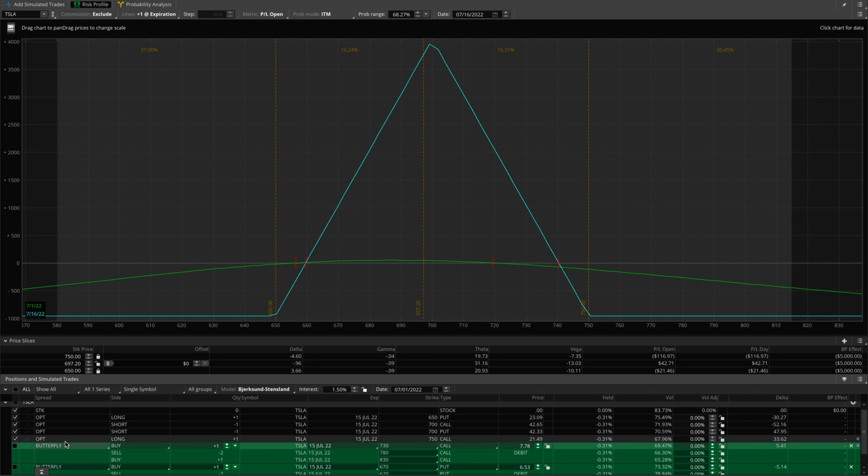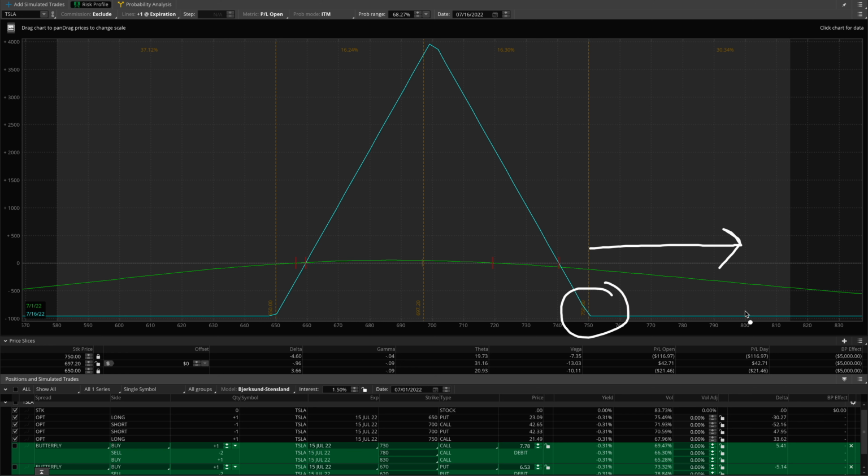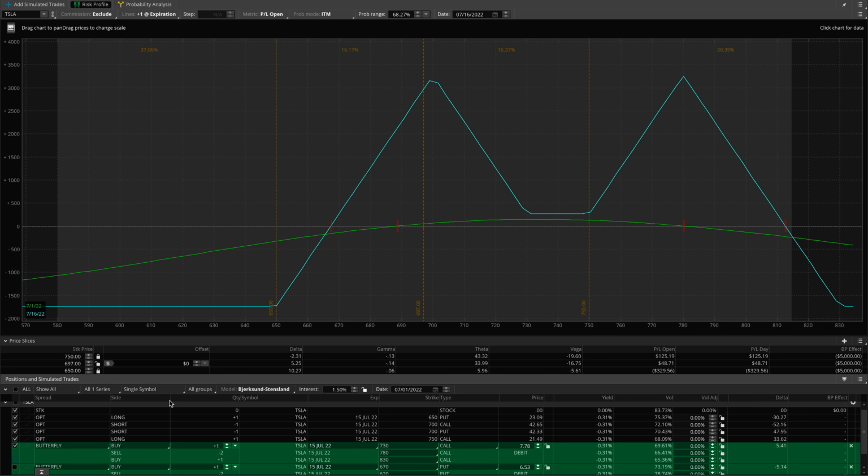However, because we can't hope or wish or want something to happen, the market can do whatever it wants to do. We don't know. Tesla could continue to rally. It might then hover around 750, but then make another leg up to 800 before it then decides to come back down. So in that case, instead of just sitting around and waiting, we can open up a spread like this,